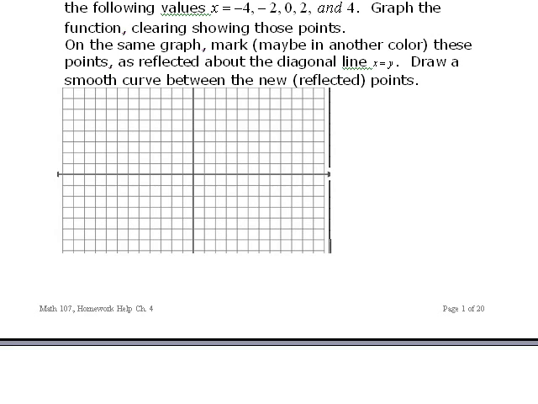This is the first file for Math 107 for the homework over Chapter 4. So we start off with the idea of an inverse. And here's the idea is that you have this